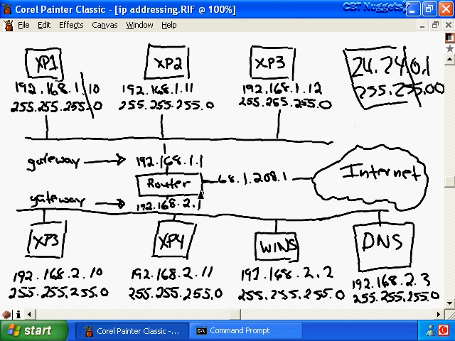the router has a table which lists all the gateways that it must use to get from one network to another network. So in this case, the router is going to have to pass this information out from its network onto the internet to another router on the internet that can access this network and eventually get to the 24.24.0.1 computer. So even though the IP address for the gateway is an optional IP address, it's, as you see here, a very important IP address in order to allow your computers to access other computers and services that are